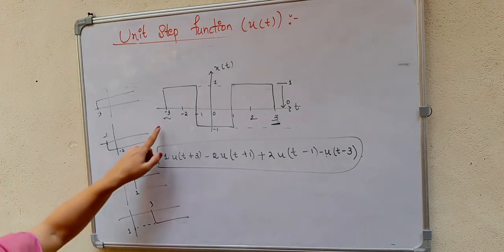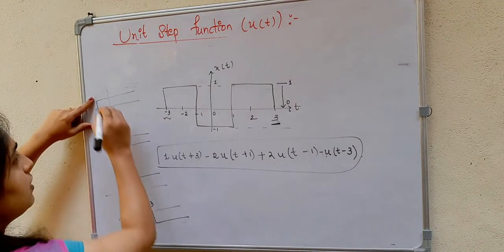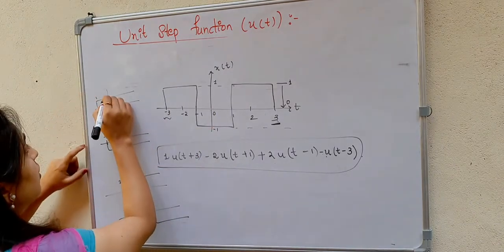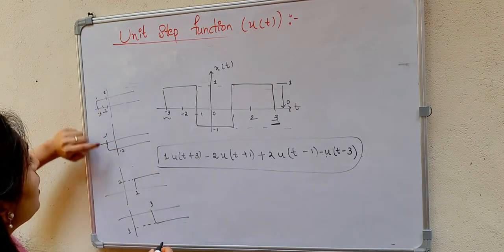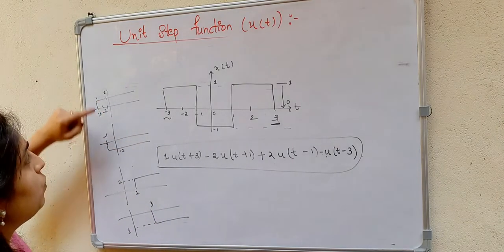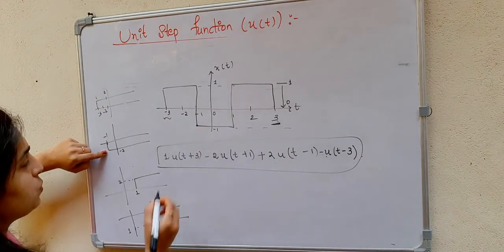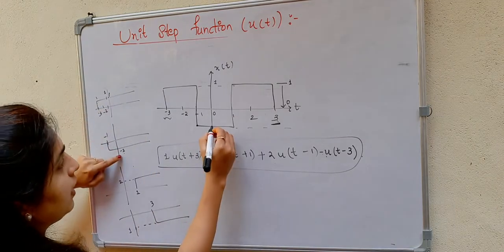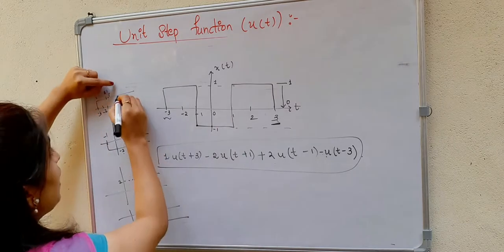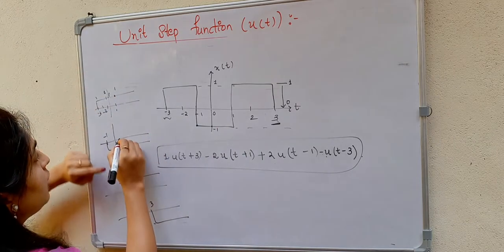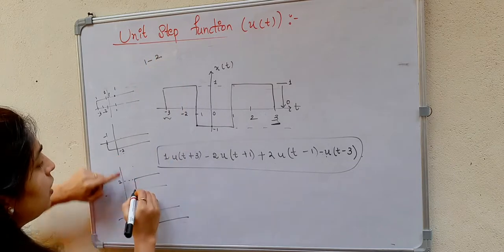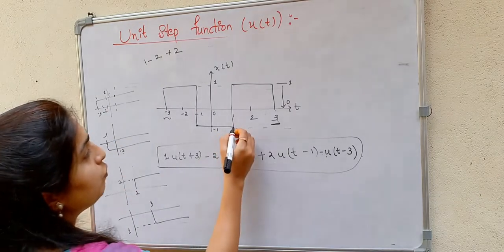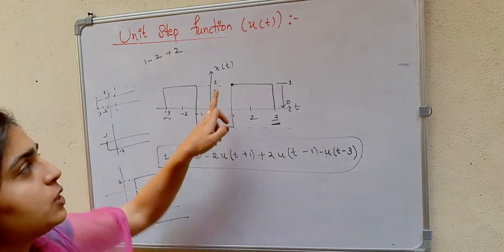So, now consider at minus 3, you have 1. This is 1. At minus 2, it is 1, correct? At minus 1, see, this is 1 and here it is minus 2, 1 and minus 2, so it comes to minus 1. So, at 0, again it will be 1, minus 2, that is minus 1, correct? Yes. Now, at 1, the value is 1, here it is minus 2, so 1 minus 2, at 1, here it is 2. So, 2 minus 2, that is equal to 1 at 1, right? We got this point 1.